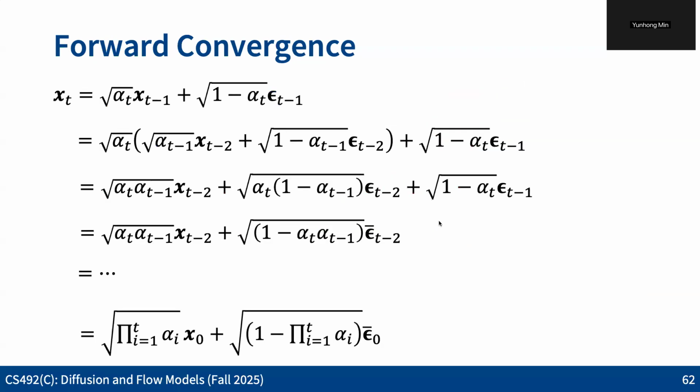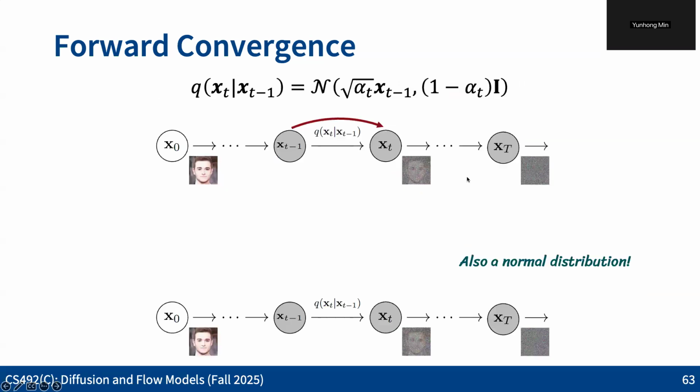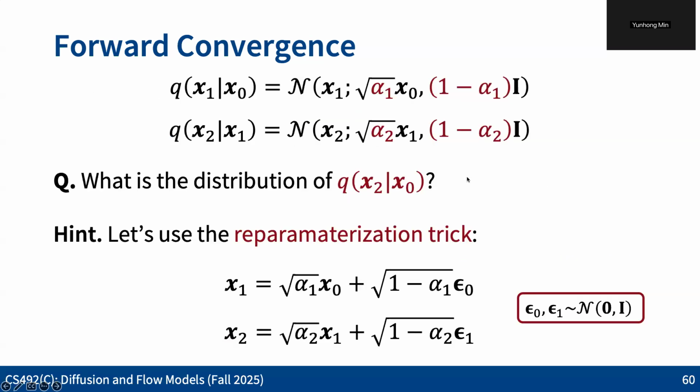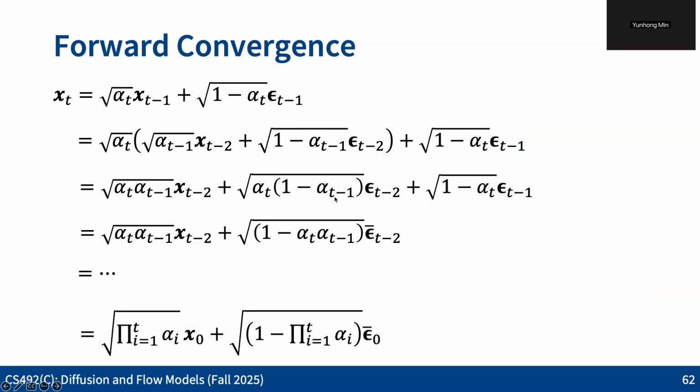So if we see what you get, and this is the thing, right? So yeah, you can basically derive all the things, where we are replacing the x_{t-1} with this formulation. And then if you rewrite all the things, you can see that it's combining these two terms. These are all Gaussian samples from Gaussian distributions, right? From this, you can see that actually